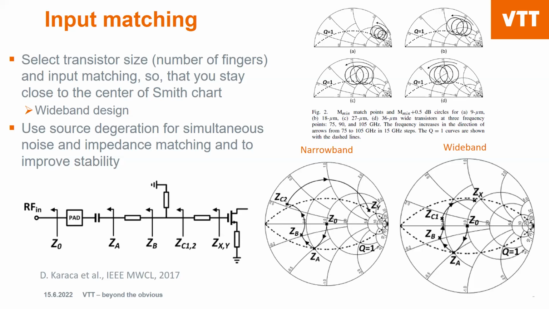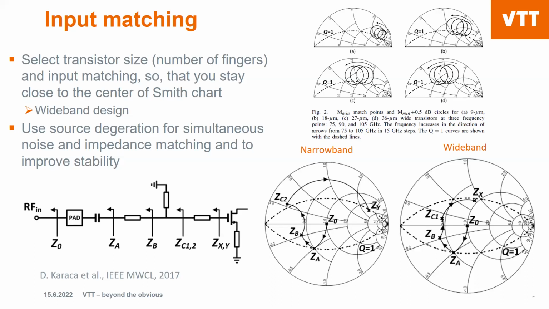Then in B, C and D, 18, 27 and 36 micron wide transistors, so fingers in parallel. You can see that there are different frequencies shown for each of the designs. So we can again move on a Smith chart to a point where we can match